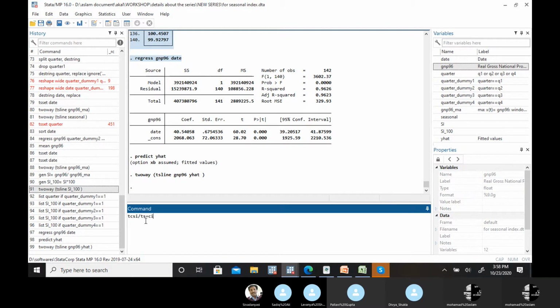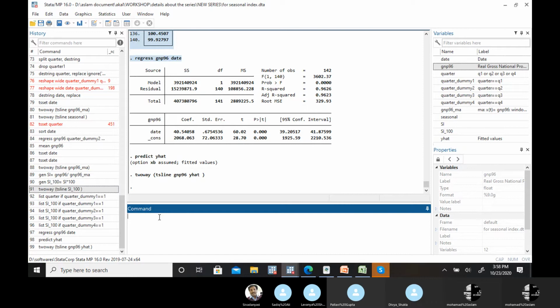So for that we need trend as well as seasonal, so that we can divide the original data by these values and get the left out part, that's the seasonal irregular changes. Sorry, cyclical irregular changes. So now we have the trend values, y hat is our trend values.